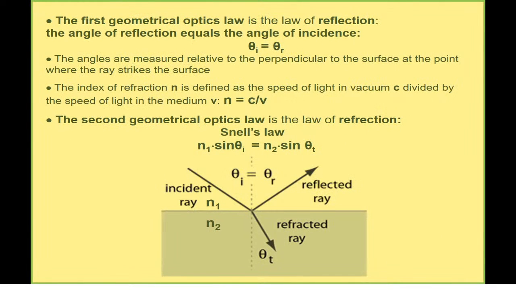let me show you this parameter, the index of refraction. Index of refraction is defined as the speed of light in a vacuum divided by the speed of light in the medium. So it becomes absolutely clear what we mean when we talk about different substances. We talk about different indexes of refraction. And one more time, it is the quantification